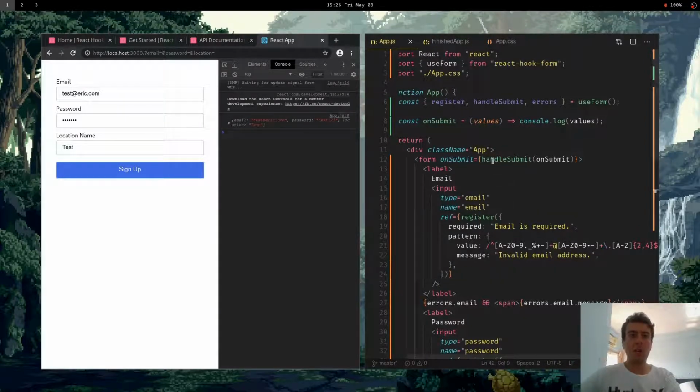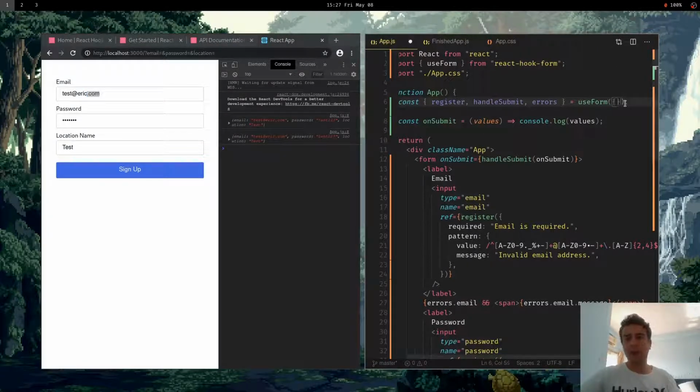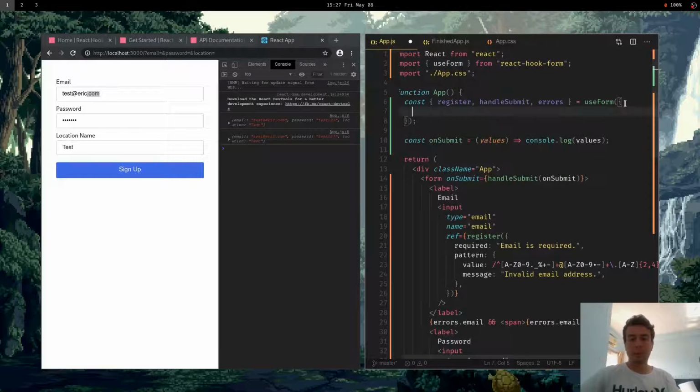Now, the only thing I don't like about how React Hook Forms does it out of the box is it only shows the user the errors once you actually push the sign up button, once you actually push the submit button. So if you want to change this so it gives you kind of like live updates after you finish each field, like if we didn't want to wait all the way until we submitted the form, what we can do is take this useForm and we can pass some options in here. So one option is mode. So the default is,